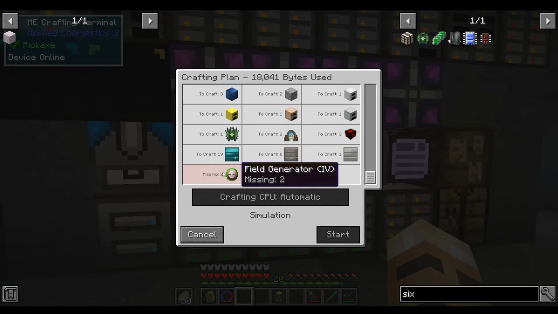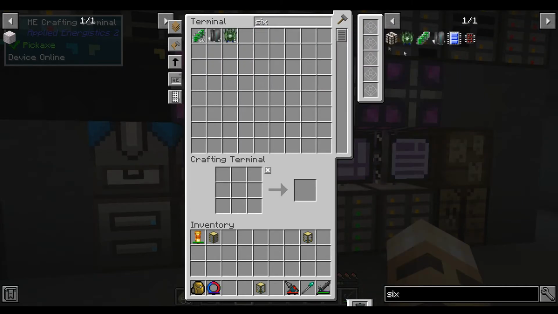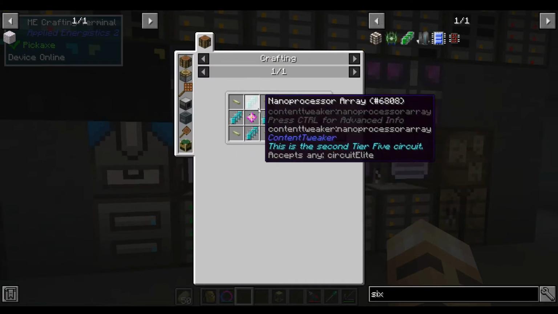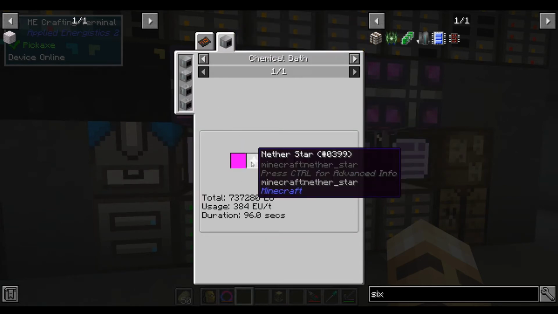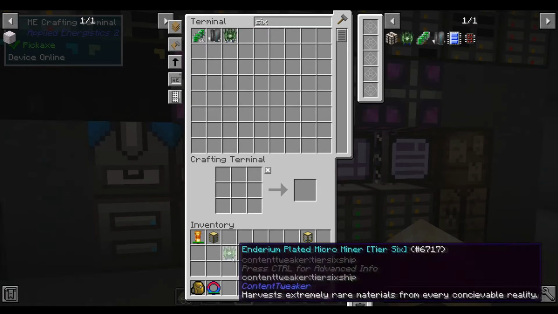The only thing that's missing is the IV field generators, which are not hard to make. Again, the hardest part is the quantum stars, which is just radon and nether stars. I've got a bit of a manual one at the moment, but if we ever do need that, probably run that through as well,